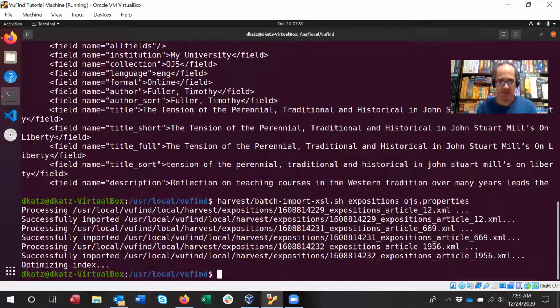So that's it for change tracking XML. We now have everything we need to turn on the email alert feature. And fortunately, this is pretty simple. In fact, much simpler than editing in XSLT. If we look at our local config, VuFind config.ini file,